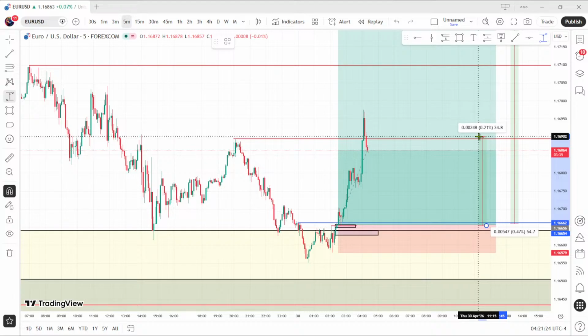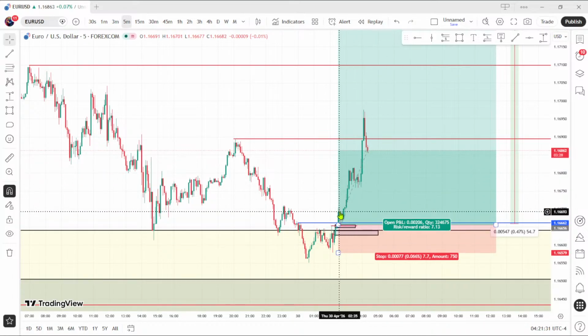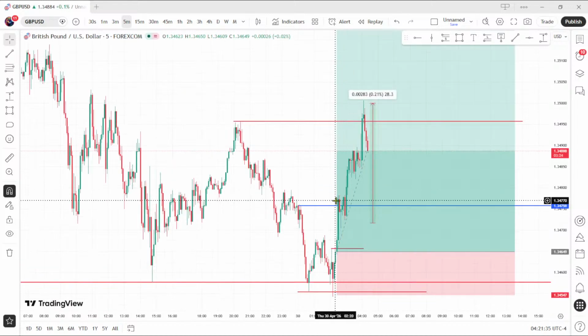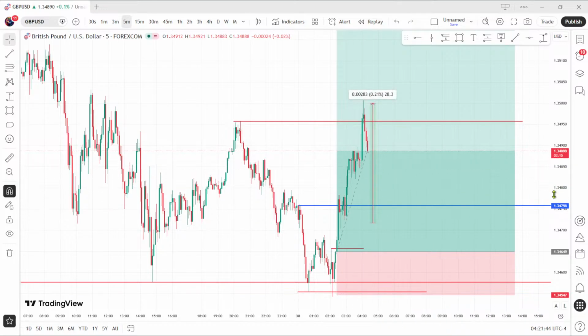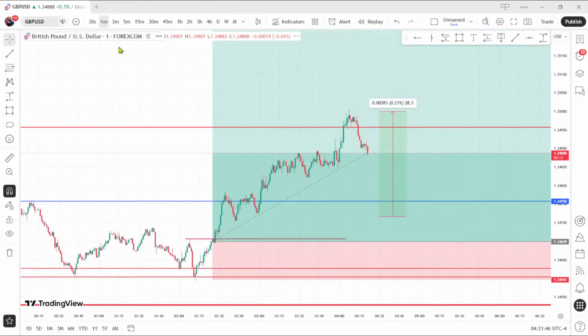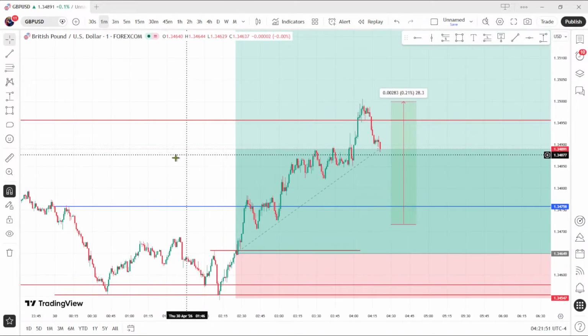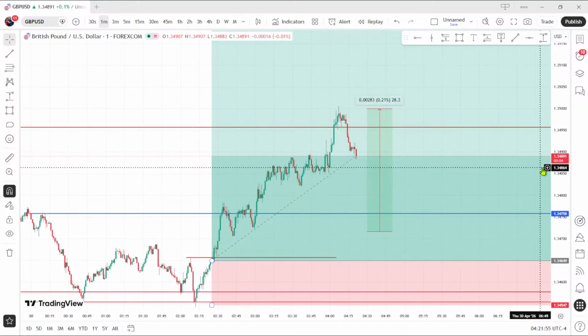There is around 25, but you're still not exiting, expecting bullish prices. You can trail your stop loss and put your stop loss here so that you'd be at break even whether you have lost or made money. In the cable, put your stop loss here. We entered here, stop loss at break even, and see what price will do. Let's wait for it and see what price is doing. Keep on watching.